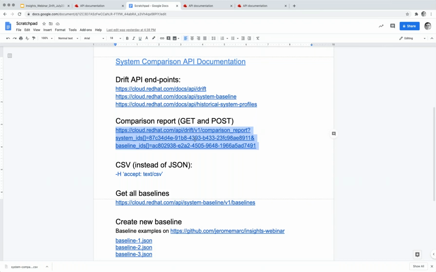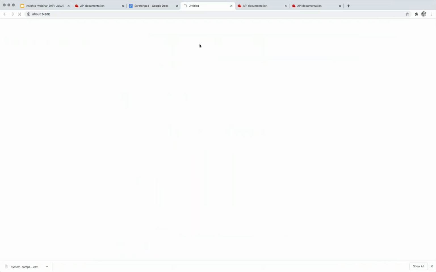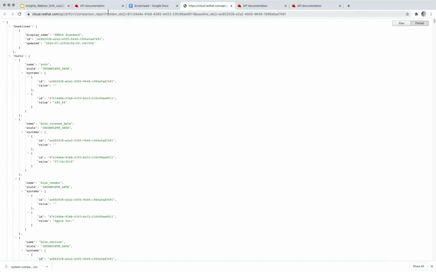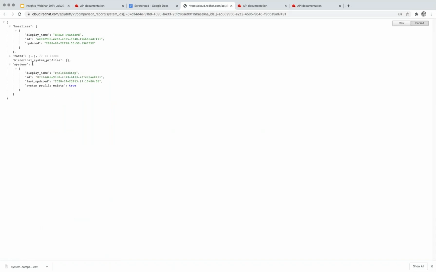Here I have a particular comparison report. So I can simply do a GET message on this API, that's the Drift API with a comparison report. And I've specified system IDs and baseline IDs, similar to what we did visually from the UI earlier. I'll simply collapse the facts there just to show you what we are comparing. RHEL 8 desktop, that's the system we are looking at, and RHEL 8 standard, that's one of the baselines I've